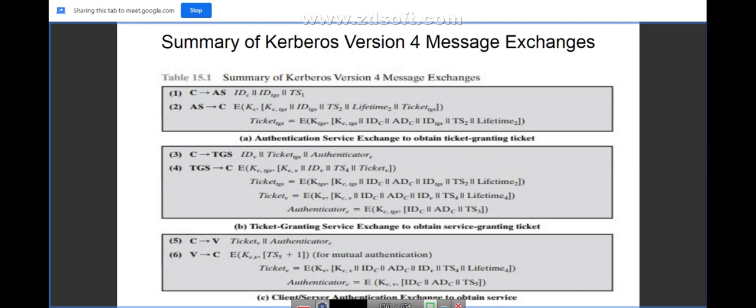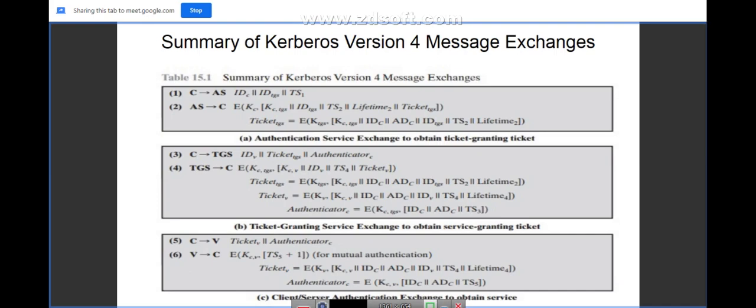Which I have seen earlier here. The session key K C comma TGS is the session key used between the client and the TGS itself. In effect, the ticket says that anyone who uses the session key must be the client, because no one else has it. The TGS now uses the session key to decrypt the authenticator, and the TGS can check the name and the address from the authenticator with that of the ticket and with the network address of the incoming message.